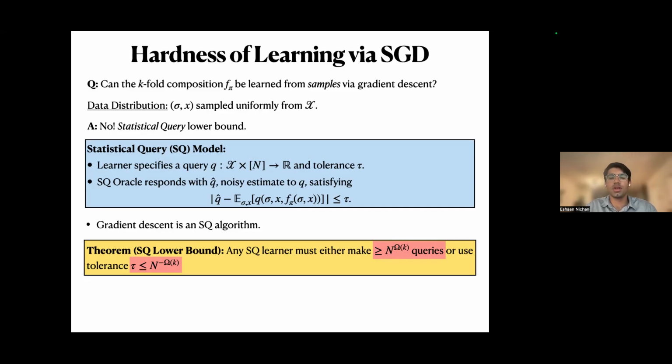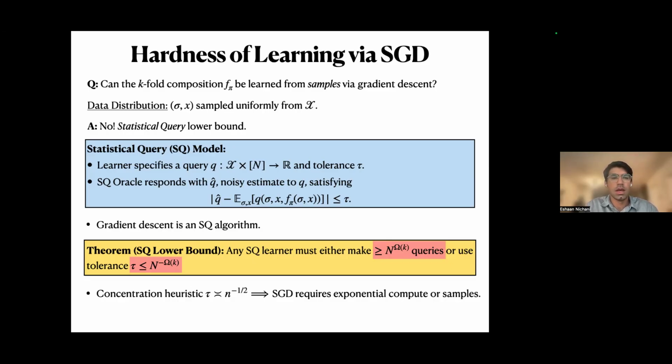So one common heuristic is, say our algorithm is mini batch SGD with n samples in each batch. So the mini batch gradient is going to concentrate to the population gradient at a 1 over square root n rate. As such, we can think of the mini batch gradient as simply a noisy estimate of the population gradient, where tau is 1 over square root n. And so a common heuristic is to just associate tau with being 1 over square root number of samples. And using this tells us that SGD either requires exponentially many queries or exponentially many samples in order to solve the task.